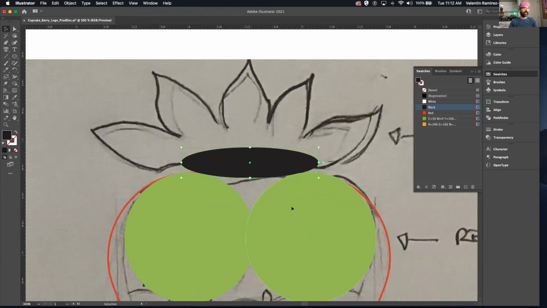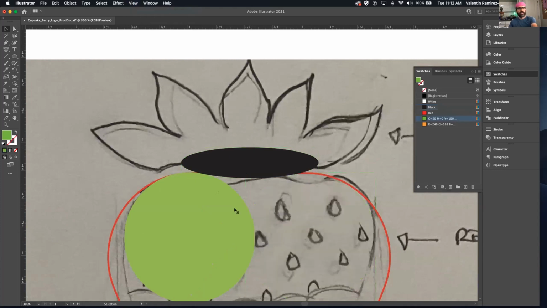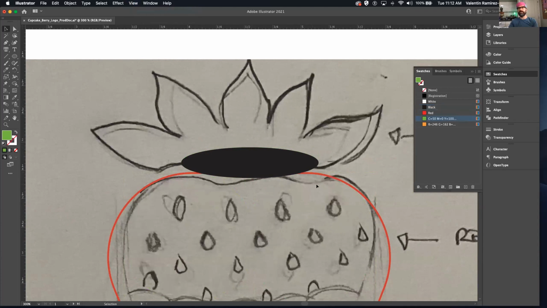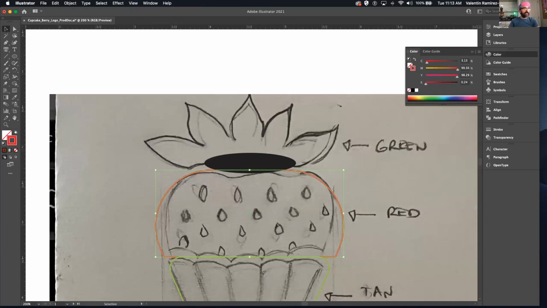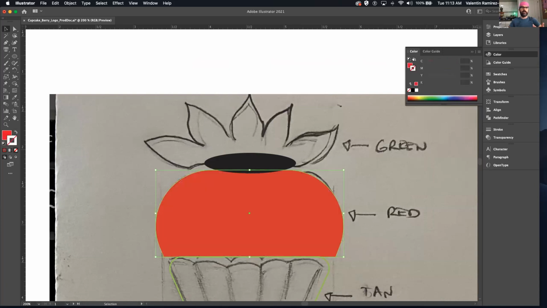So this is what I'm gonna do. I'm gonna delete this guy, I'm gonna delete that guy. And I think this will give me the shape that I want, or be really close to it. So now we are on stroke. If I click on this little arrow right here, or here on swatches, it's gonna flip from stroke to fill. And as you can see, since I have this other shape on top, you can see that it's creating that kind of like